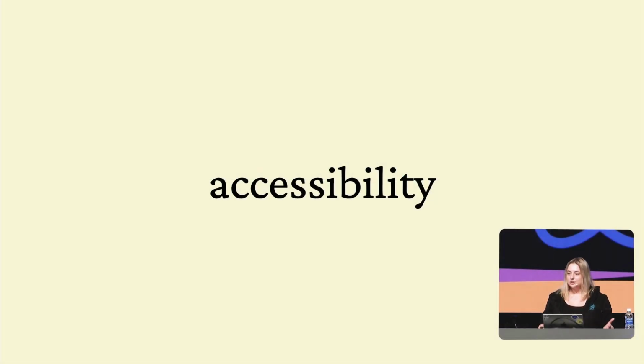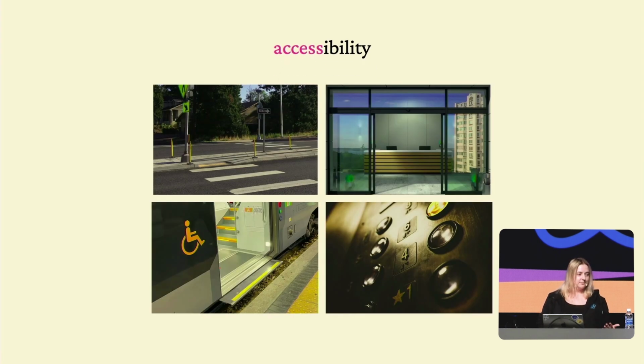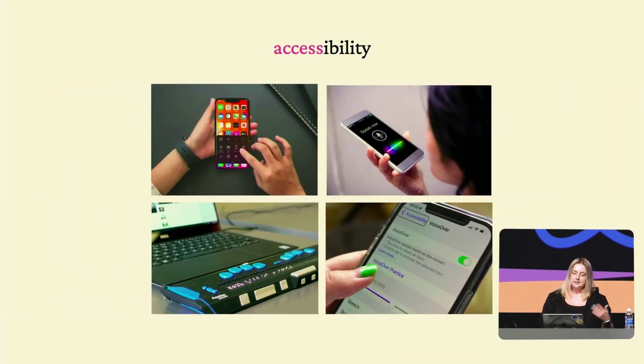Accessibility is all about ensuring equal access for people with disabilities. And you are likely familiar with accessibility features in the public space, such as curb cuts, ramps, elevators, and sliding doors. They all help to remove barriers for people with disabilities. But similarly to how curbs can create challenges for somebody using a wheelchair, a lot of the features of our digital products can create barriers for people using assistive technology, like a screen reader, voice control, switch device, or Braille keyboard.